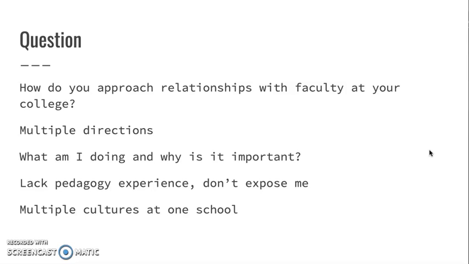I know we get excited about what we know and we want to share all those things, but really letting them share their own examples with each other and running with it.